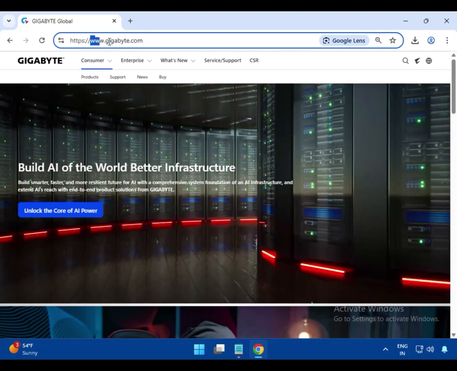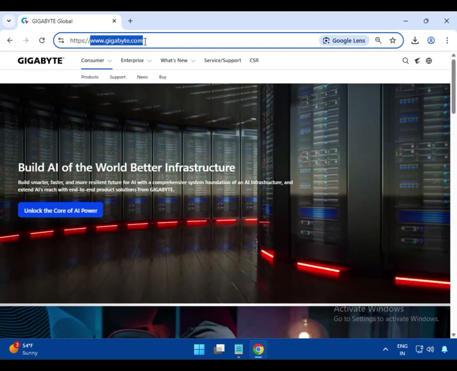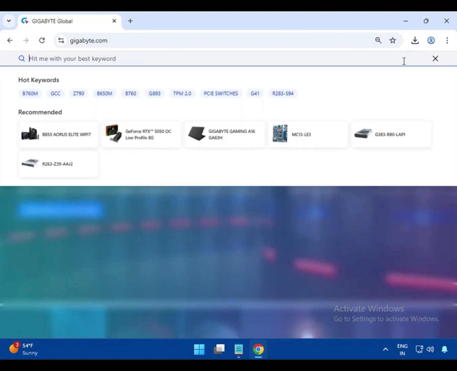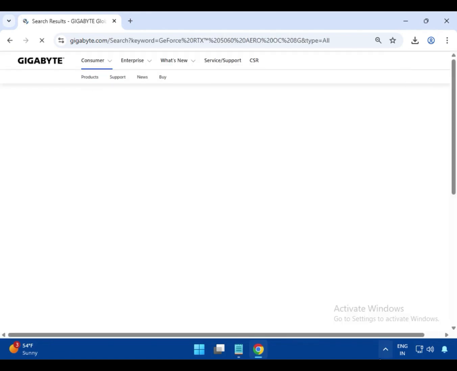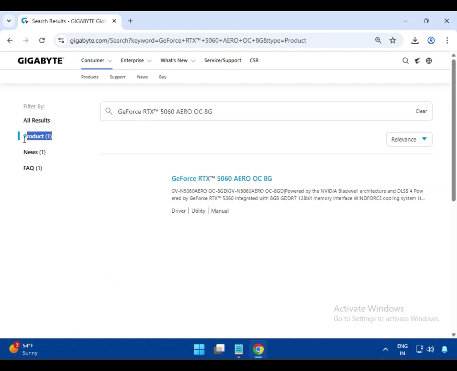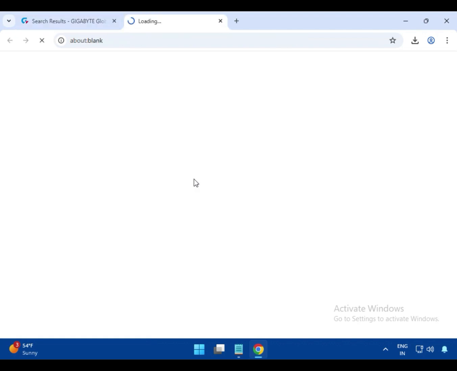So first you have to go to www.gigabyte.com, this official website, so you can download the driver. And this is the search icon. Just click on it and then enter the graphic card model number, GeForce RTX 5060 AERO OC8G, and then click on the product, and then click on the title of the graphic card,